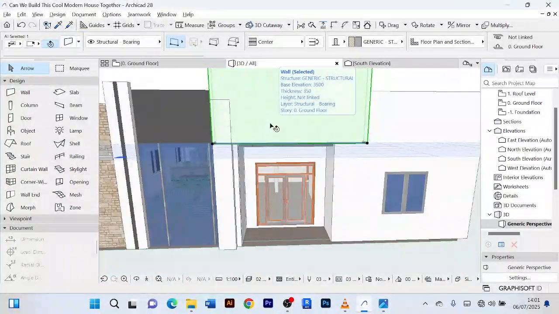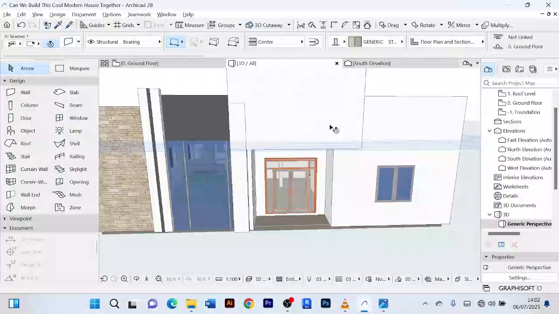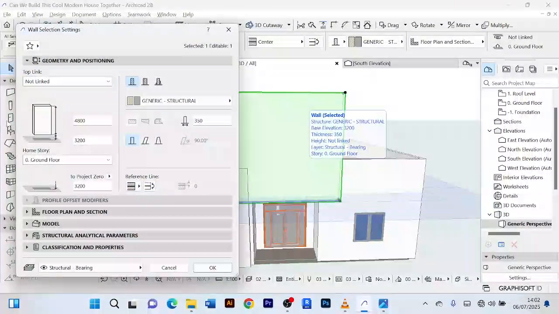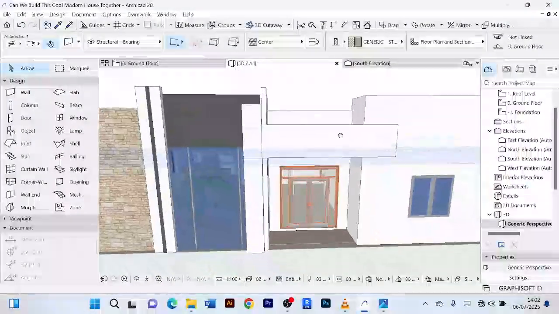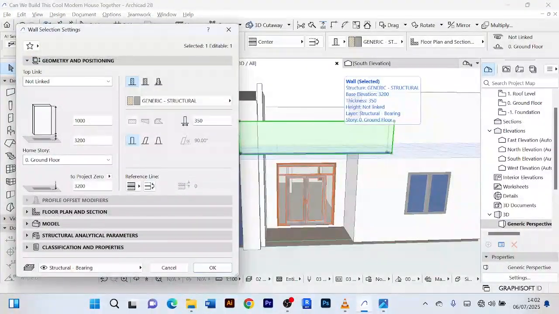I want it to cover that floor. Let it be 3.2, just like that. Then we shall now change what? We shall change the height, the wall height. From now, from 4.8, we can bring it to, let's say, 1000 and see what we shall get. 1000 is this. We shall increase it. Let's increase it to